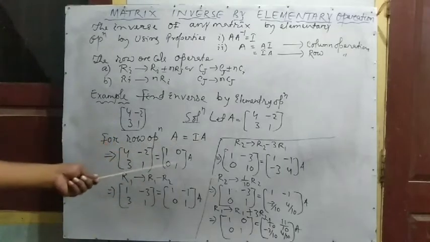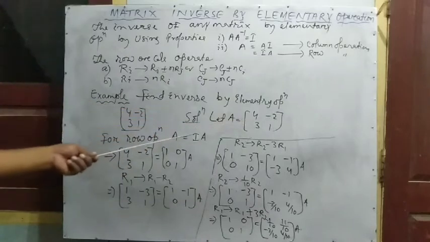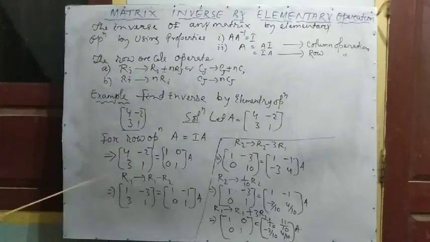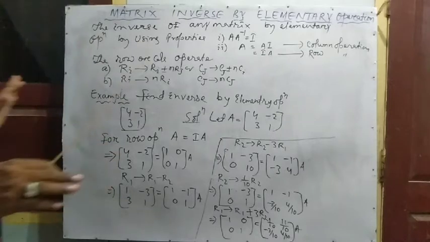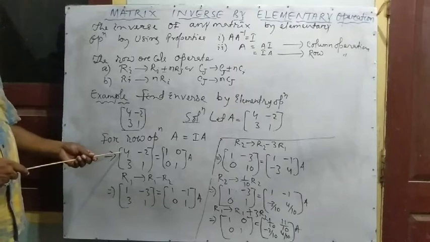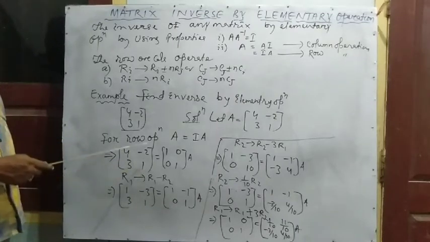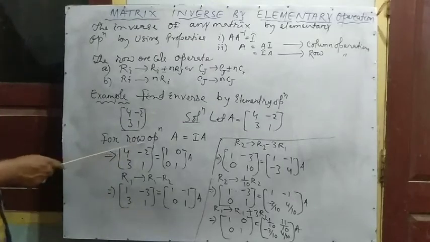And A, simply you write A. You should not put any value of A there. I equals 1, 0, 0, 1 and A equals the given matrix, put the value. Now here is the format for you. First of all you convert this one into 1, 0, 0, 1. You convert the left side matrix.